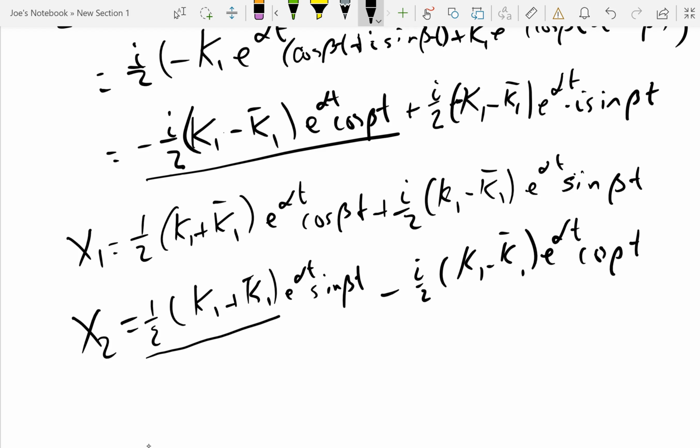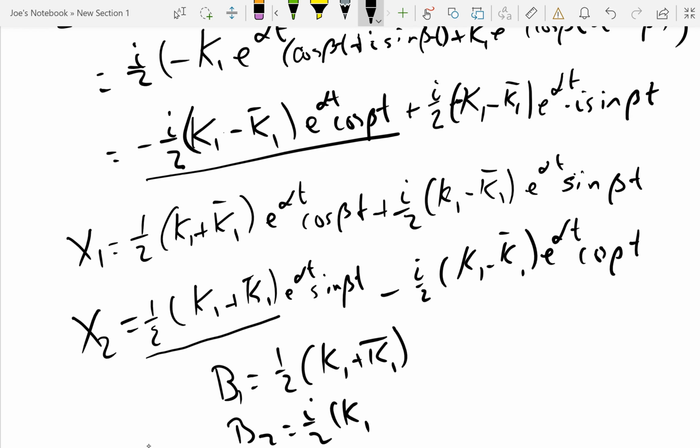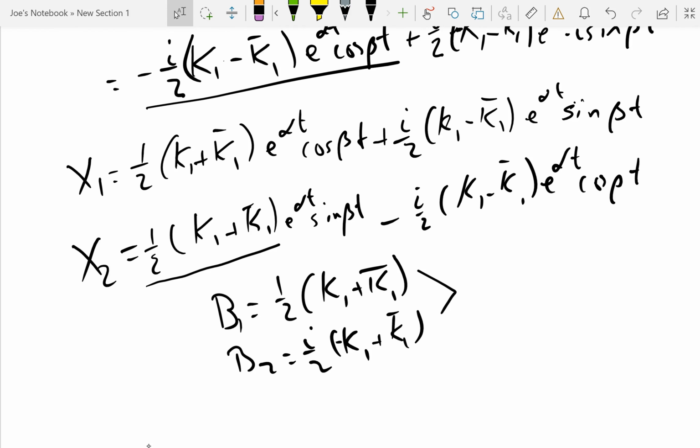And then the same idea here. If I do k1 minus k1 bar, times i over 2, I get the imaginary part. And these are essentially the same thing except for the minus sign. So what we end up with here is, if I say B1 is 1/2 times K1 plus K1 bar, and B2 is i over 2 times negative K1 plus K1 bar, this leads us to that theorem that we